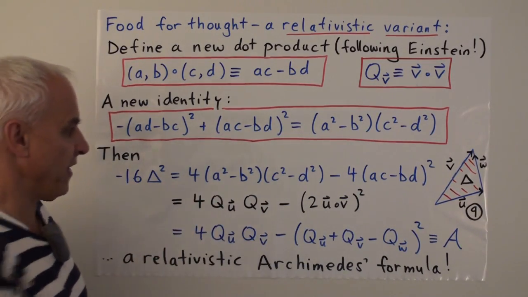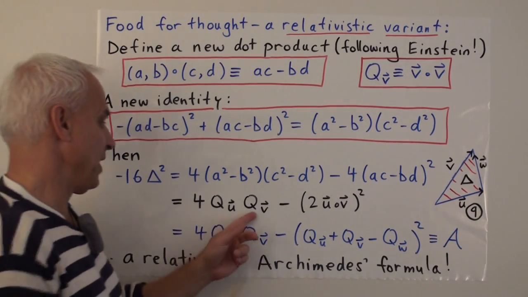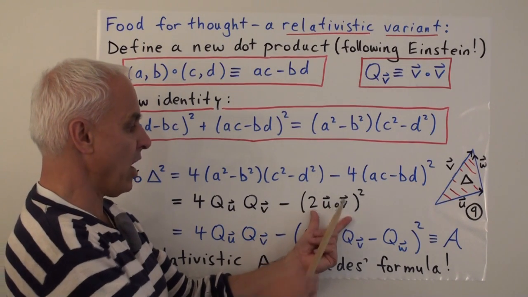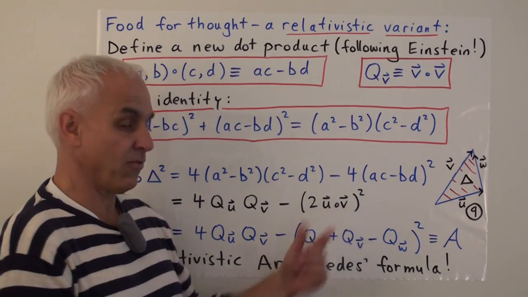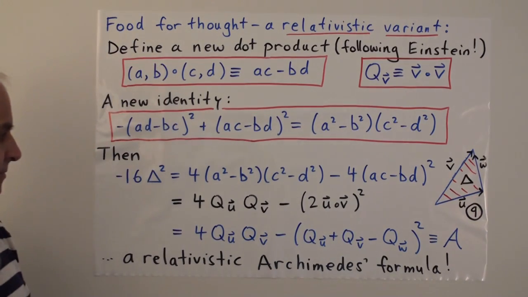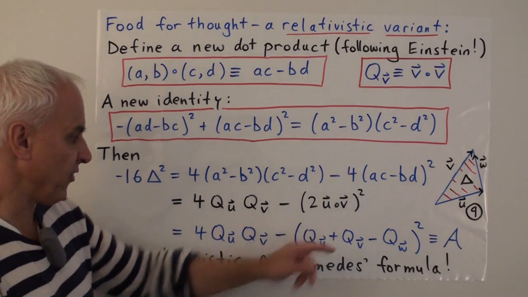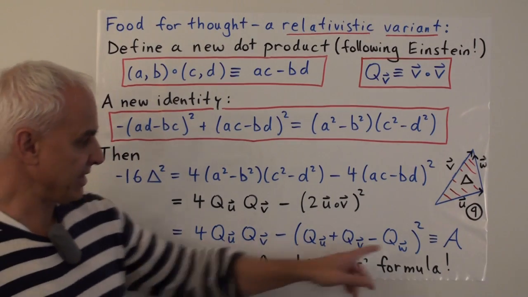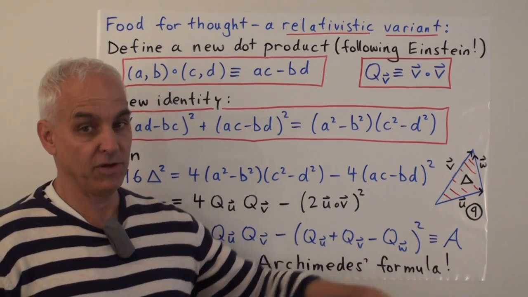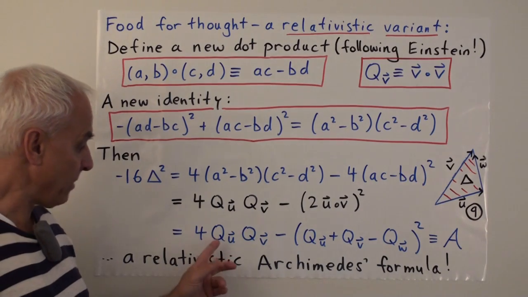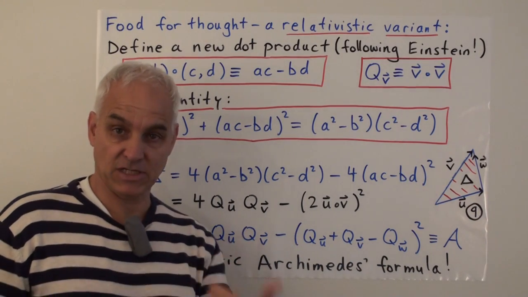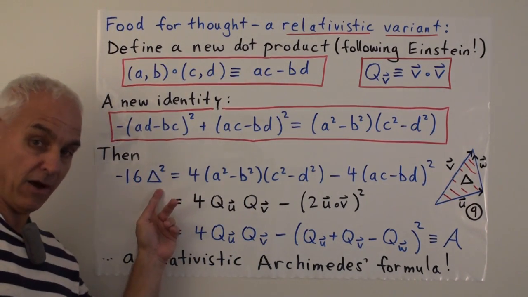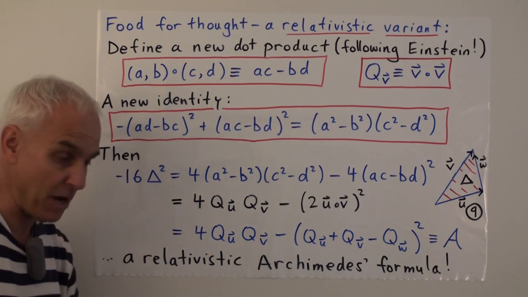And this is the quadrance of the vector u in this relativistic sense. Here's the quadrance of the vector v in this relativistic sense. And here is minus 2u dot v, where this dot is this circle dot, the relativistic inner product. And just as before, we can rewrite this thing here because it's only properties of the bilinear form. We can write it like this, and we see that we get exactly the same expression for the quadrea as we did in the previous case. Exactly the same, except now the interpretation is that these are all relativistic quadrances. And crucially, we're not getting 16 times the area squared, we're getting minus 16 times the area squared.